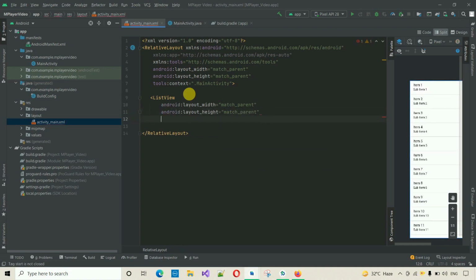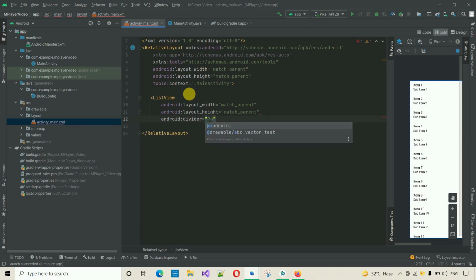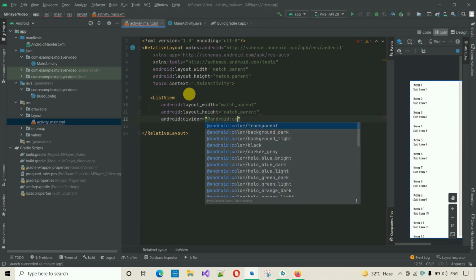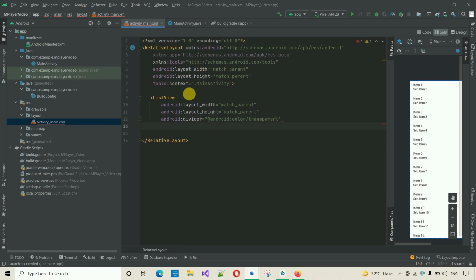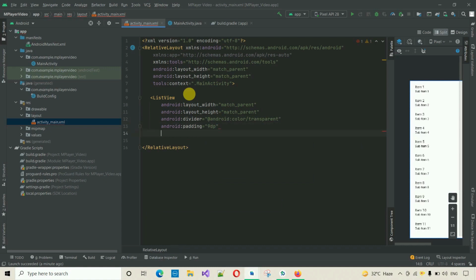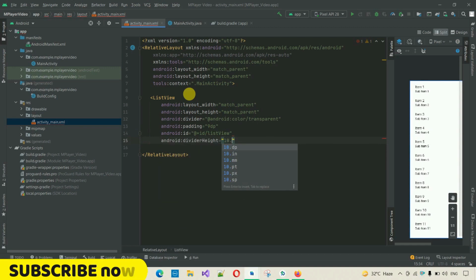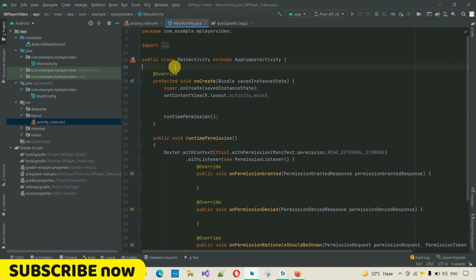After this, we have to set the divider, and divider will be @android:color/transparent. After this, I have to set the padding of 9 dp, and I have to set the ID for this one. This will be list underscore view, not list view. Okay, and divider height will be 10sp, like this. Now we have added this,